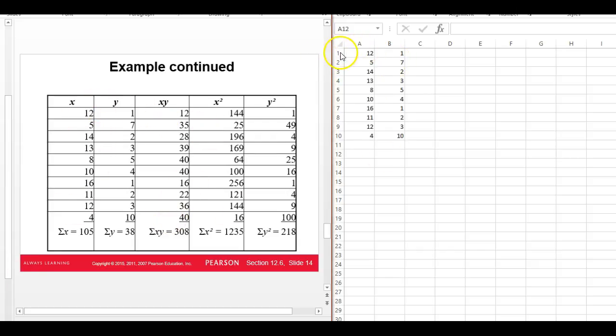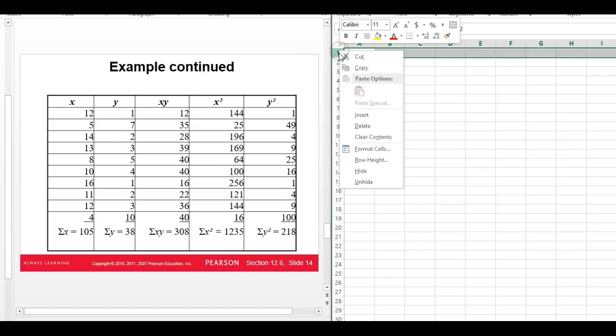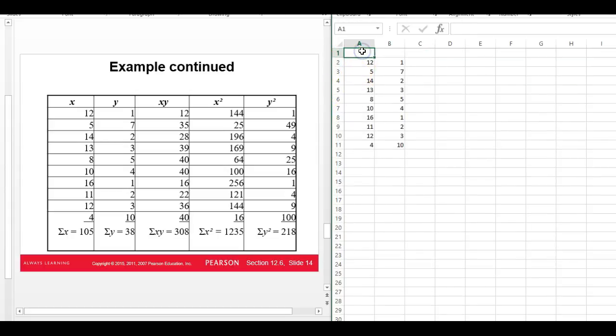So I'm going to go up here and stick in a label row. This is the x's, this is the y's. And I'm going to make an xy, because I need that in the formula. I'm going to make the x squared and the y squared columns. Alright, and I'm going to do exactly what each of these columns says. This one multiplies the x and the y together. So I'm going to write equals this x times this y,